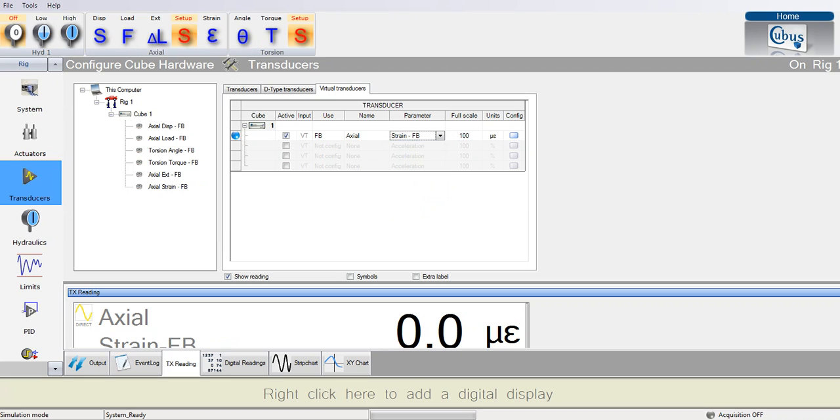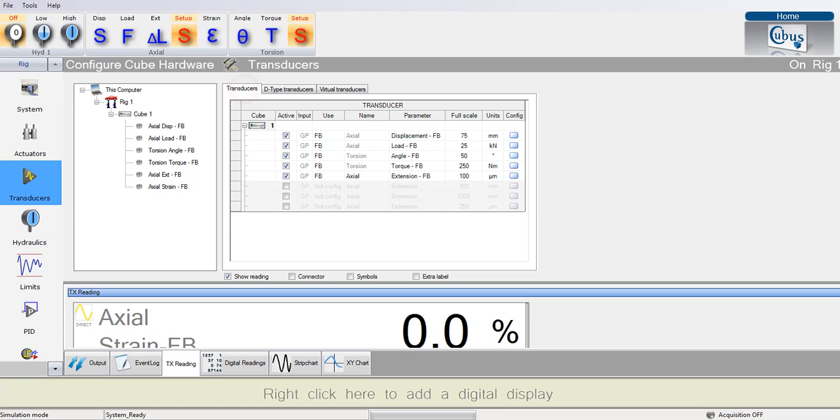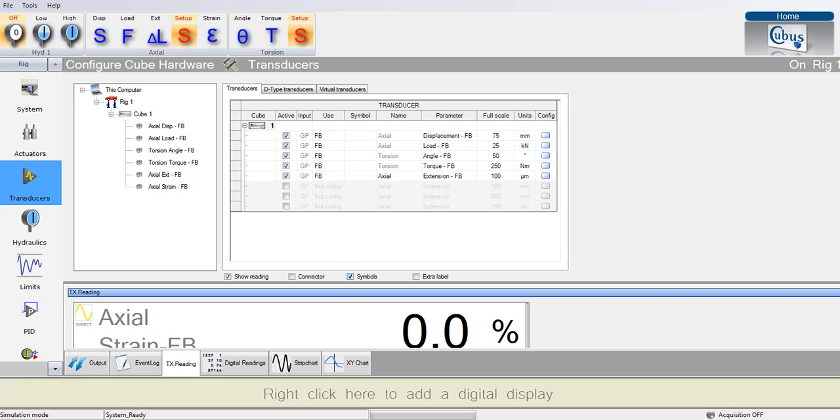And now the next thing I need to do is enter a formula. I just make that 100%. I want to enter a formula for this transducer, so I need to be able to identify the extensometer. So I'm going to go back to transducers and I'm going to check this checkbox down here, and I'm going to add a symbol E for extension, and I can add symbols for any of these if I want to use them